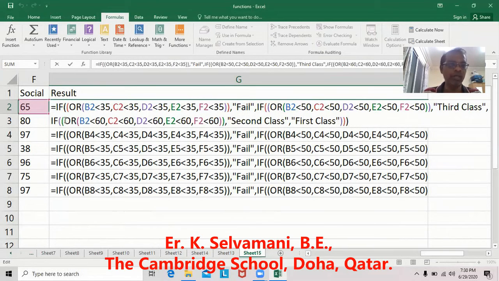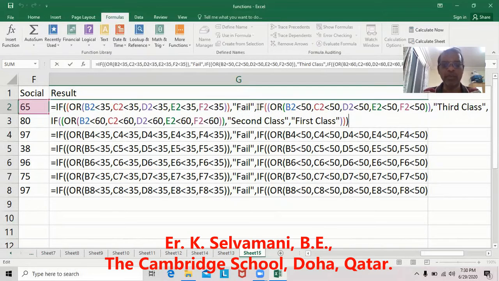First IF, double open bracket, OR, open bracket, B2 less than 35, comma, C2 less than 35, comma, D2 less than 35, comma, E2 less than 35, comma, F2 less than 35, close bracket, comma, within double quotes type Fail, comma, double quotes space double quote, close bracket. Then you will get Fail. And then you can change the blank from the start with Third Class.